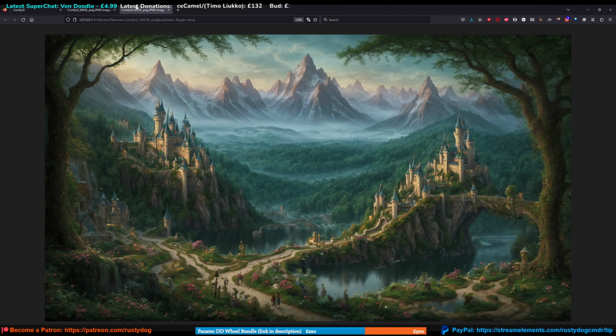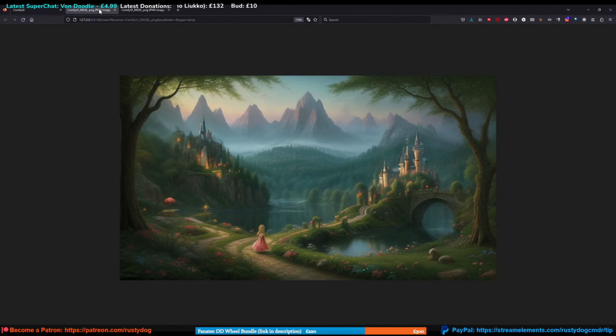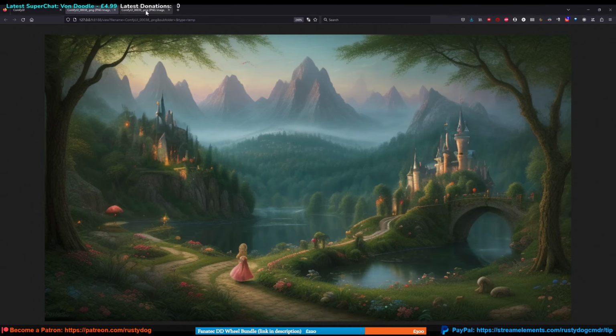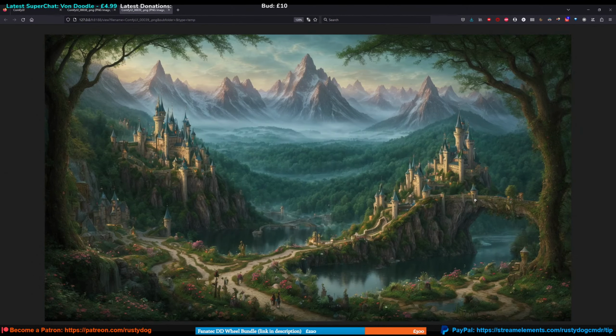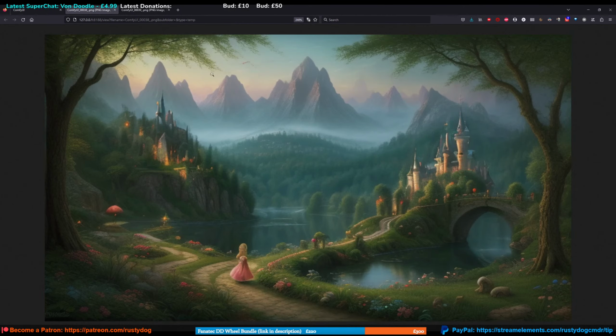We've got a much more detailed castle. Look at the difference here. I'll bring this one up. The bridge has got more complex, and